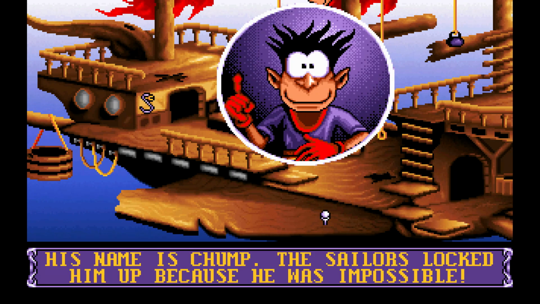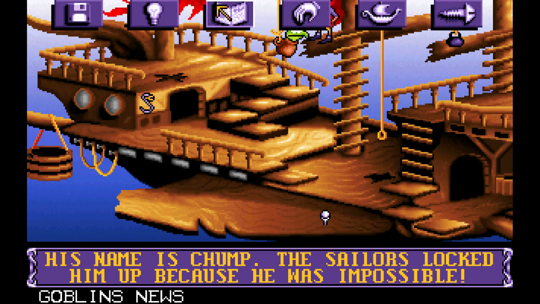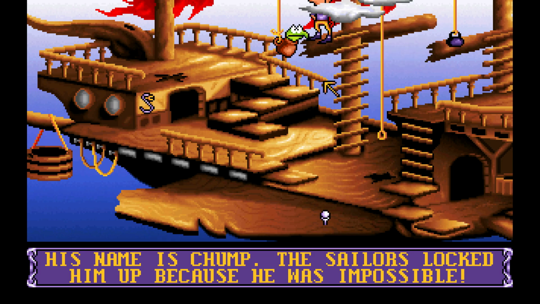His name is Chump. The sailors locked him up because he was impossible. He's totally impossible. I like in the game that they still talk with their generic vowels and then they do the voice acting,